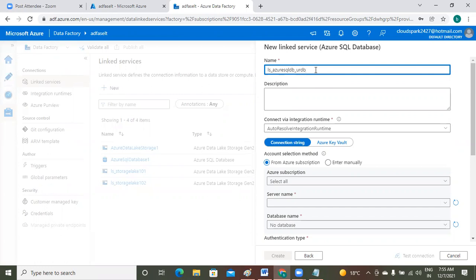Similarly, under one database server, multiple databases can be created. Now you are creating a linked service for a particular database. Understand? Okay, LS underscore Azure SQL DB underscore your DB. If you want to give a description, you just provide it.